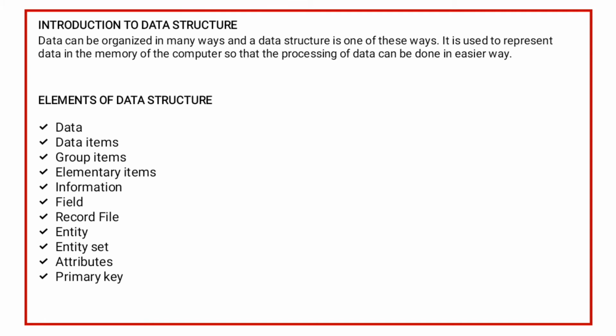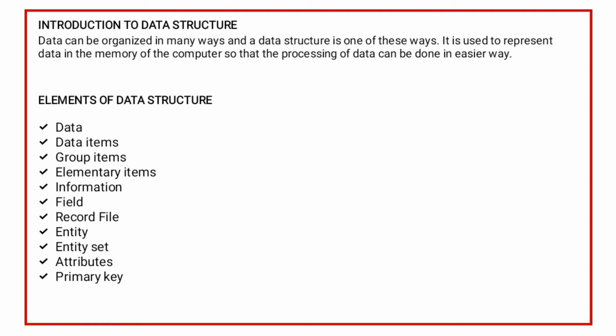The next element is entity. An entity is an object that exists and is distinguishable from other objects. For example, my name Manish with ISBN 7833123456 is an entity, as he can be uniquely identified as one particular person in the universe. An entity is represented by a set of attributes.